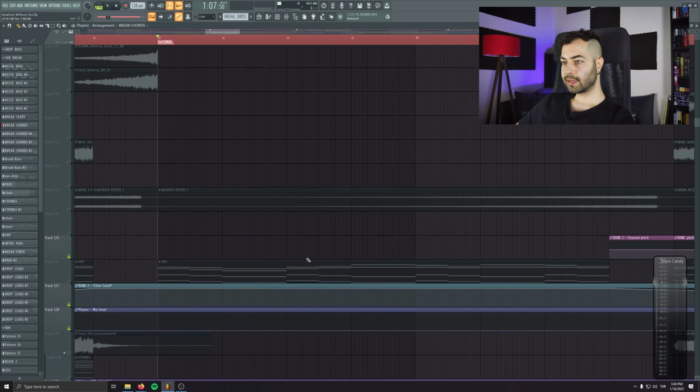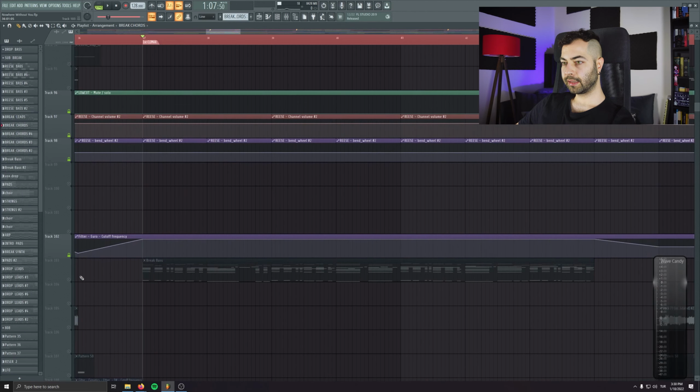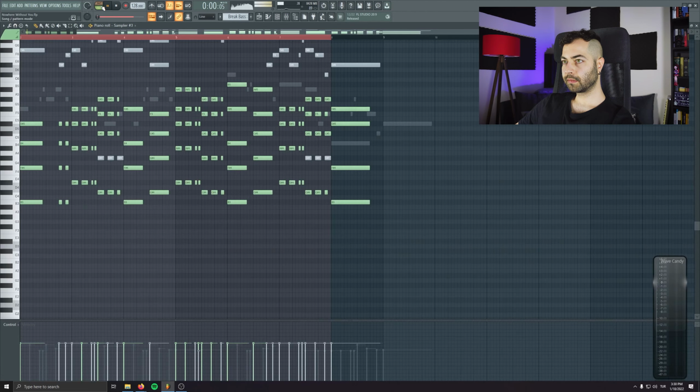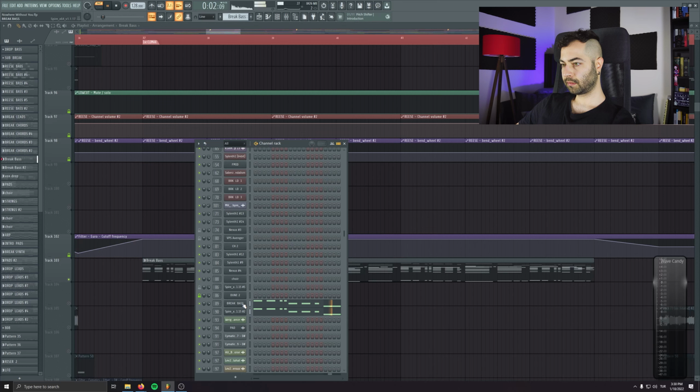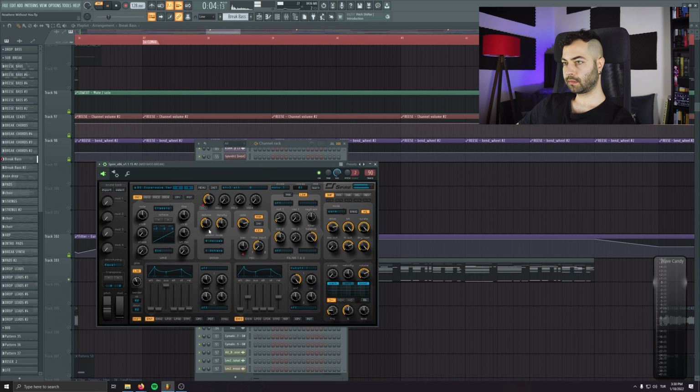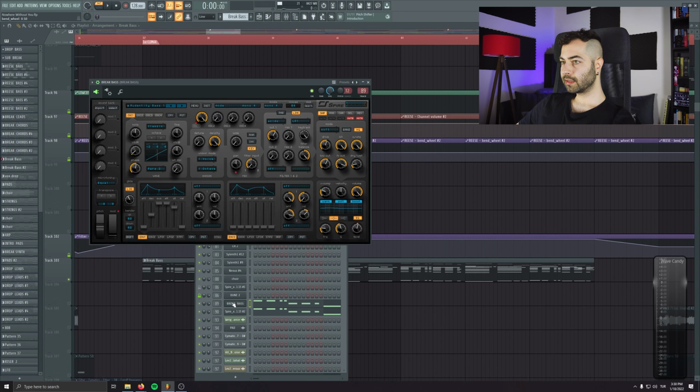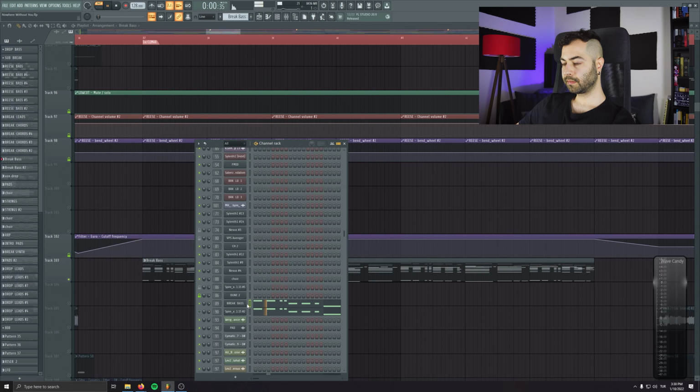And let's check the bass. I think the bass is different in the climax part. We have 2 different layers. One layer is this.